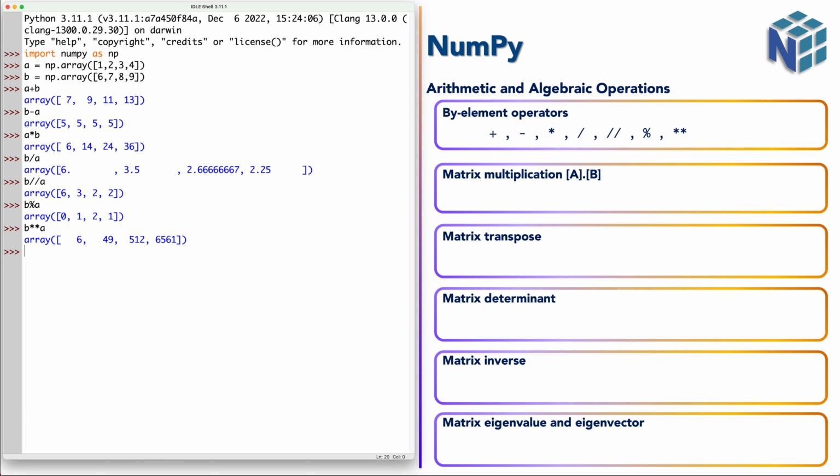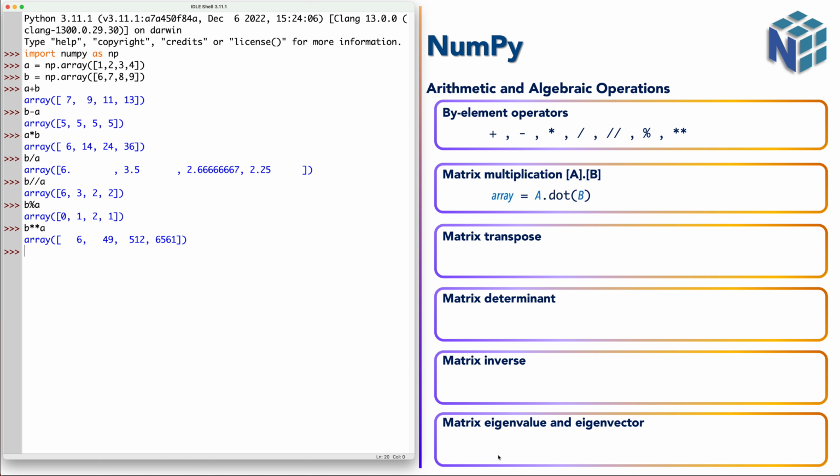So as you see, it performed the operations element by element. If we look at the multiplication, it multiplied corresponding elements, but it is not exactly what we know as matrix